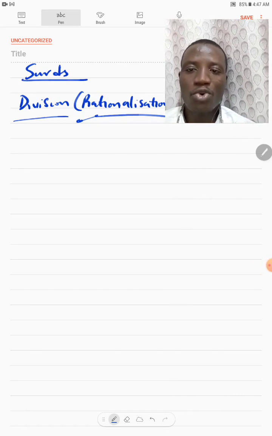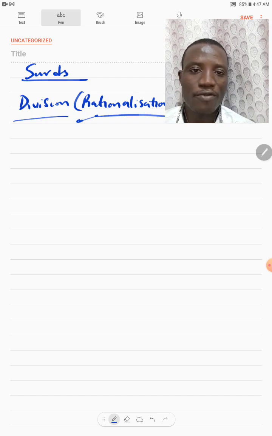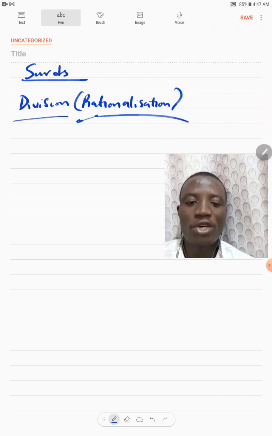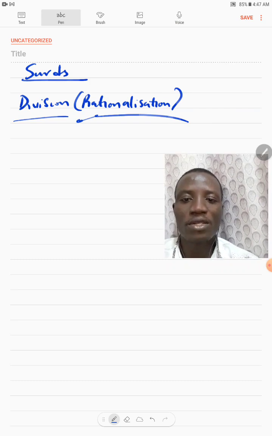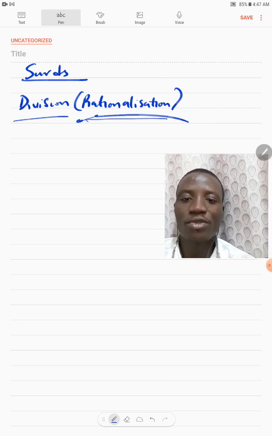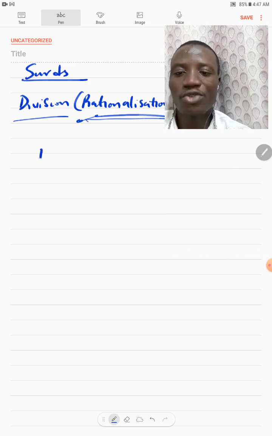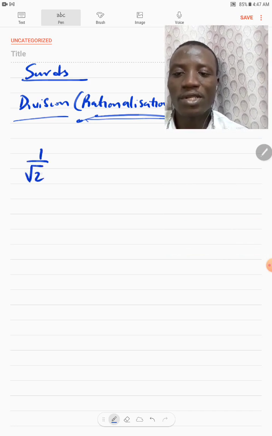Here we want to be discussing the division of surds, and that will lead us to explaining what we mean by rationalization. Now the first fact we need to establish as a basic is that